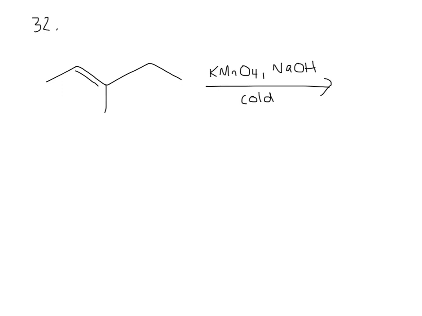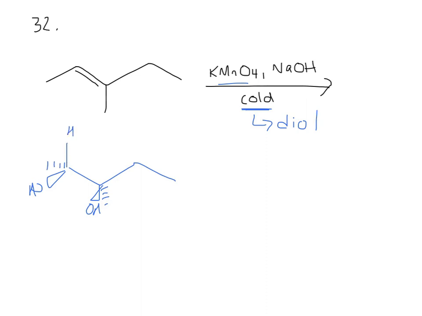Here we have KMnO4 again, but it is cold, which means I'm going for the diol formation. So same as the last example, I can add either both oxygens from the top or from the bottom, and that will lead to two different products, so I have to make sure that I keep my stereochem in mind. So in this case, if I added the two OHs from the top, let's say, then that would push my methyl group behind,